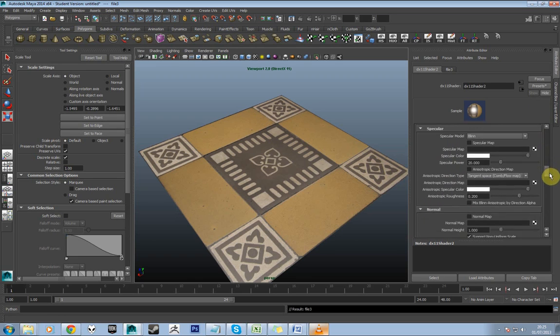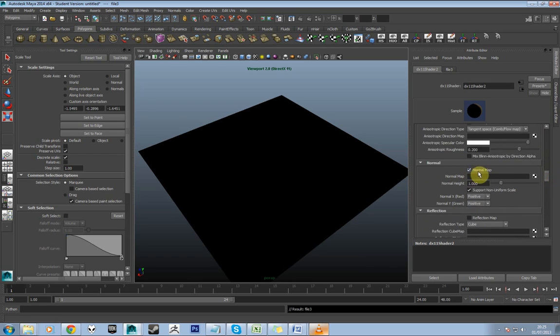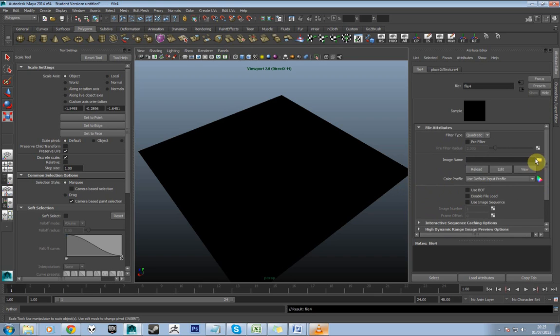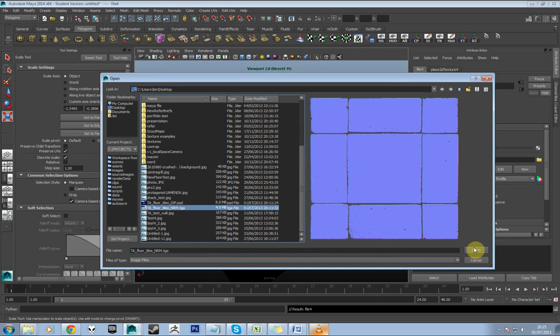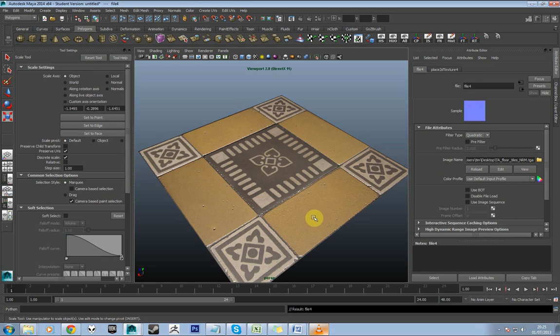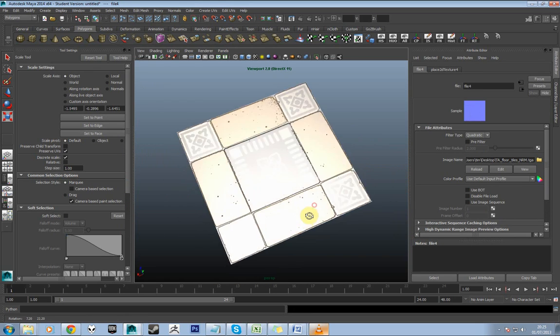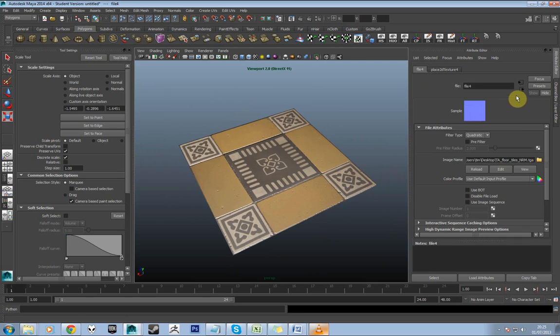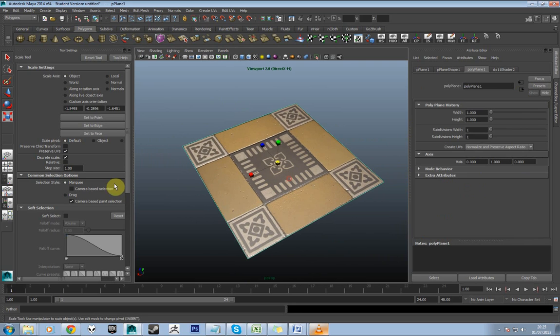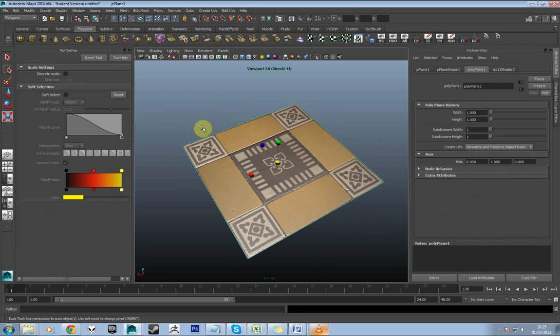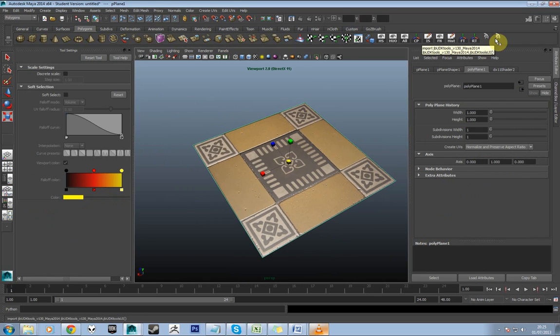Then we'll come down to normal map, tick that on, and then browse and select our normal map. There you go, you can see we're already getting that nice normal display in the viewport. Obviously this is only one tile, so load up your UV editor, or just a normal UV editor,